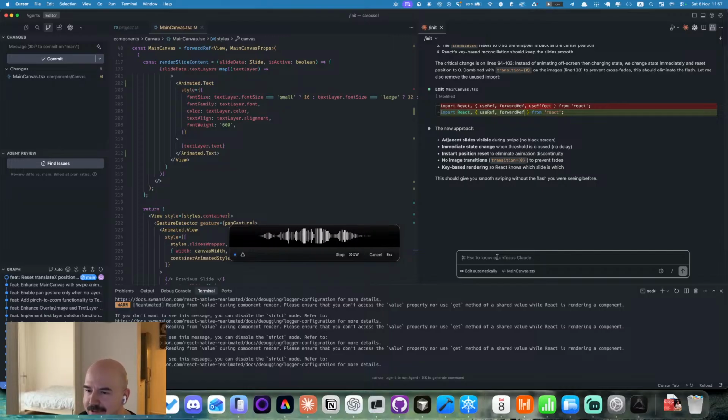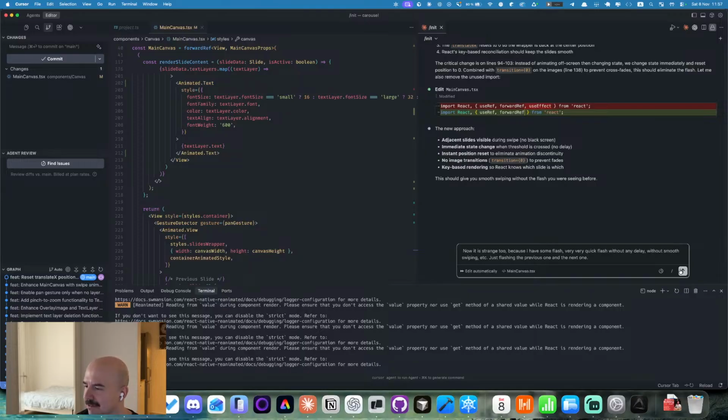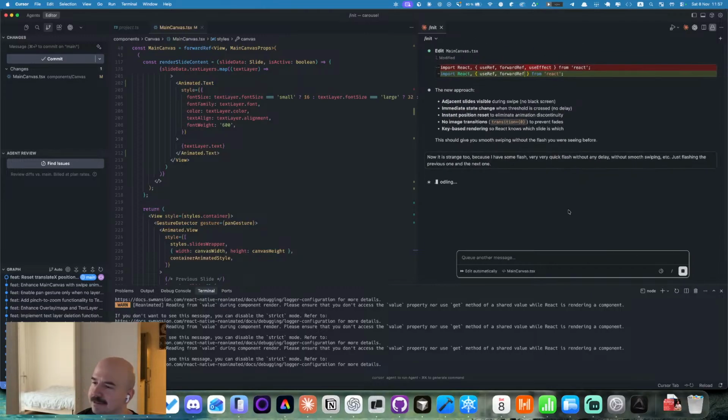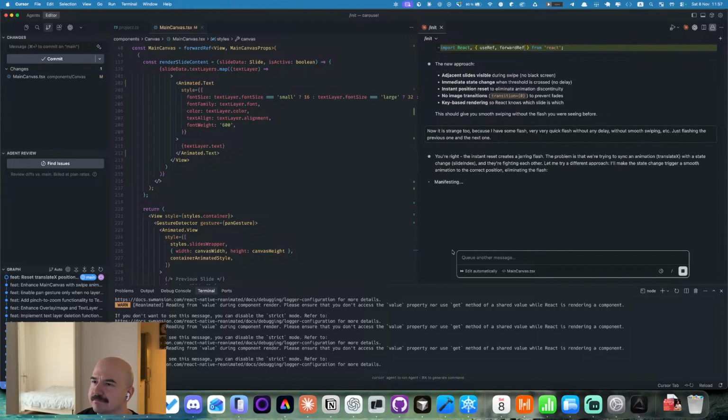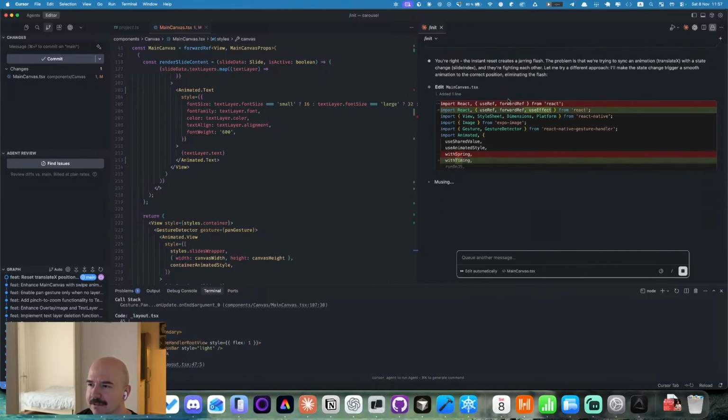Now it is strange too, because I have a very quick flash without any delay, without smooth swiping. Just flashing the previous one and the next one. Yes.